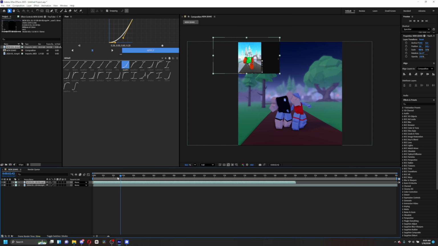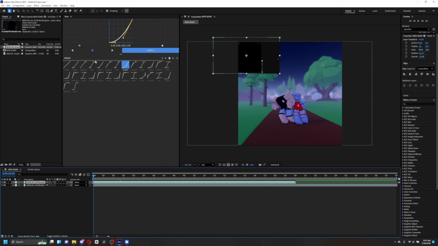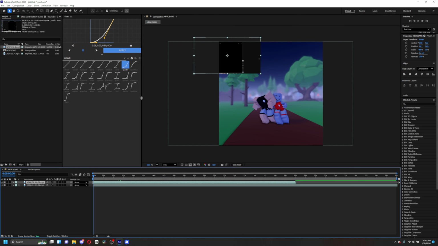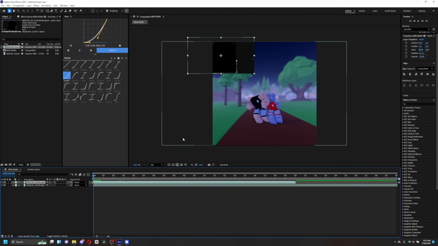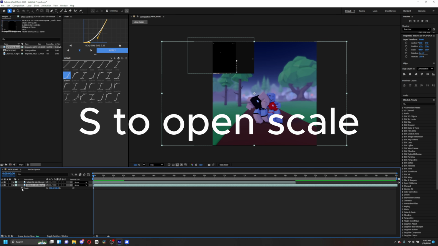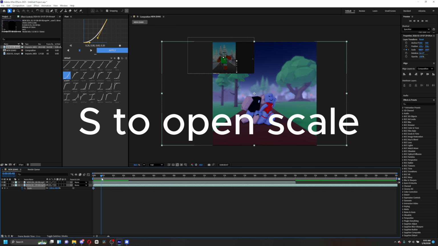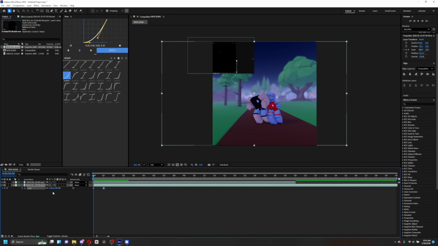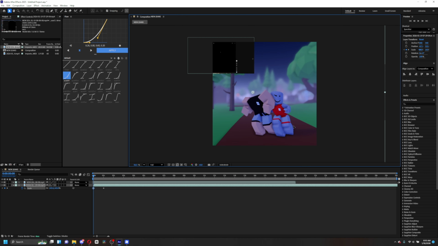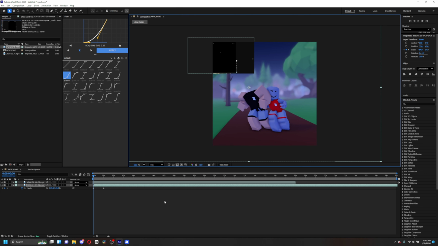Okay, so it's really helpful to have this plugin called Flow. But if you don't have it, I have a solution for you. But I'm gonna use Flow right now and show you here. So you're gonna do scale, and then we're gonna put another keyframe right here. Put a keyframe in here, and then you press S to open scale, and to open opacity, press T,